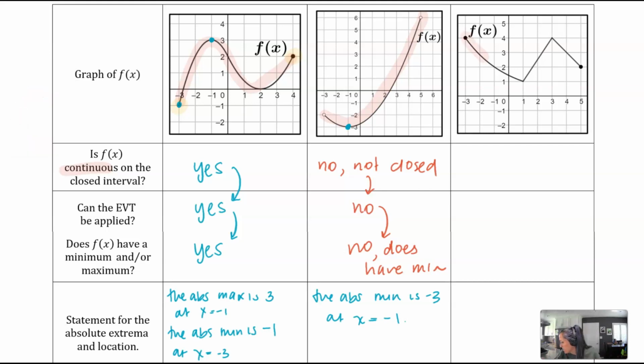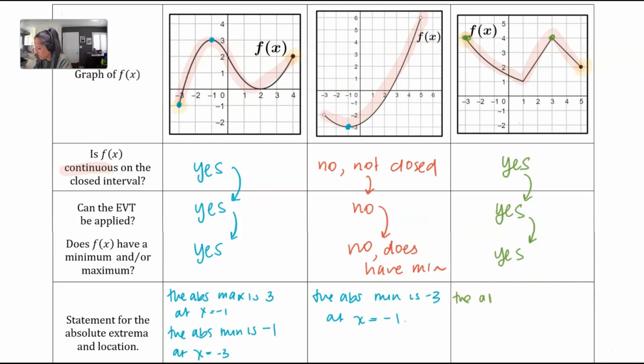This beautiful but hideous graph, right? It's chunky. She ain't differentiable because it's not smooth, but it is continuous. And we see it is closed. So we have 3 yeses in a row, right? Yes, it's continuous on a closed interval. Yes, I can use the EVT. And yes, I am guaranteed to have an absolute maximum and an absolute minimum. Now, if we look at our actual curve here, it appears the maximum value, like I said, no guarantee it has to be unique. We have a maximum twice, same maximum. The absolute max,